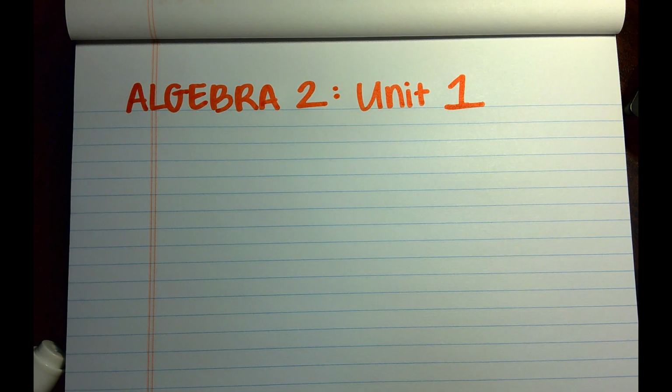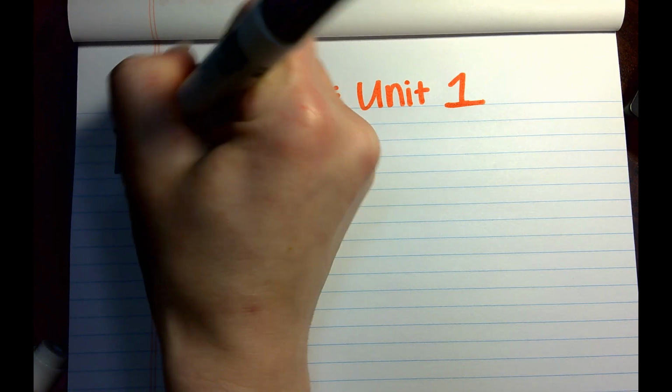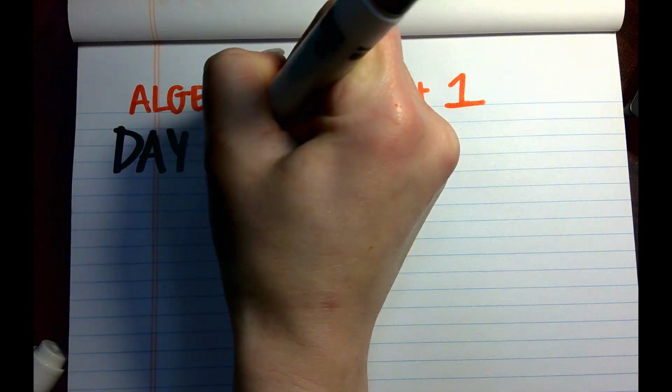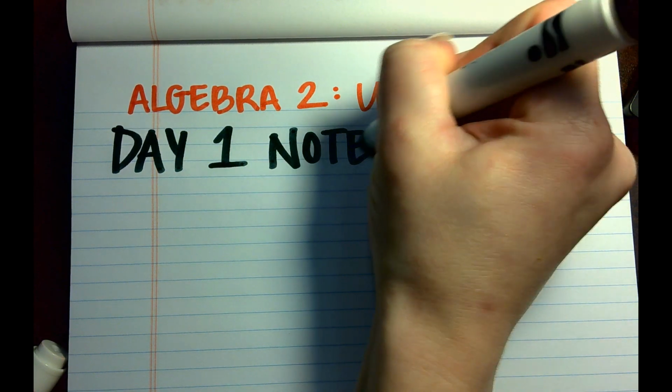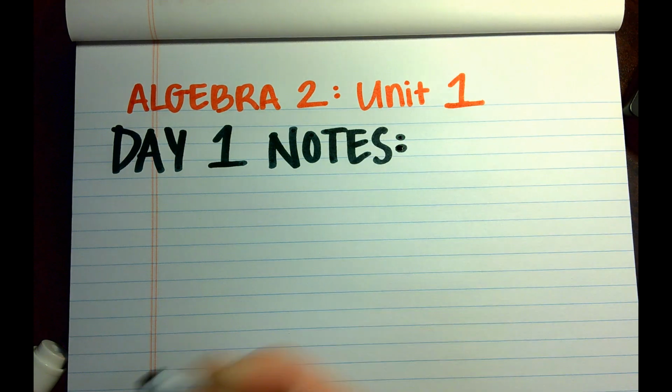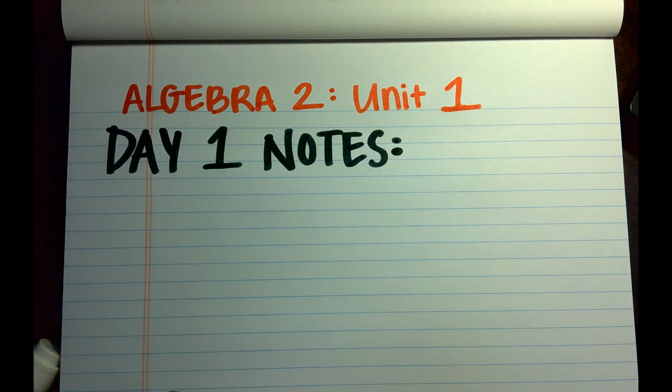I always like to number the days, so we go by day numbers in here. This is day 1, first day of class. So I'm going to write Day 1 notes. I like to write the date on there as well. It is March 24th,